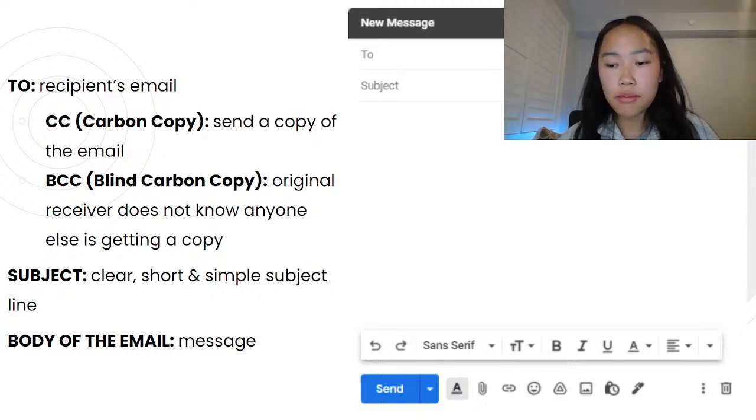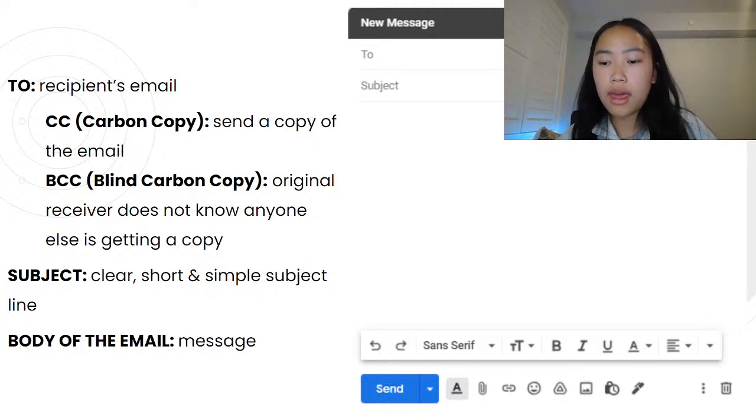Next we have the subject. That is where you input a clear subject line. To basically round it up, you have to keep it short and simple but not too vague. For example, if you're emailing your professor, you may want to include your class CRN and what the email is specifically regarding in the subject.